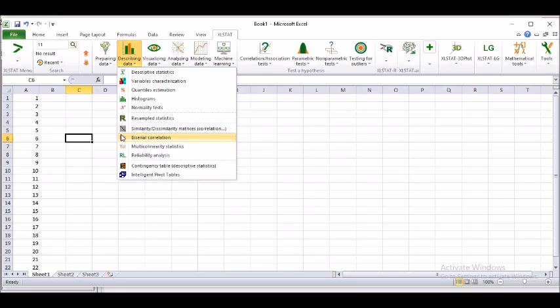So now the importance of this Excel stat sheet is that once you click on describing your data, or the descriptive part of your data, you will understand that these are all the things that you have to do one after the other.